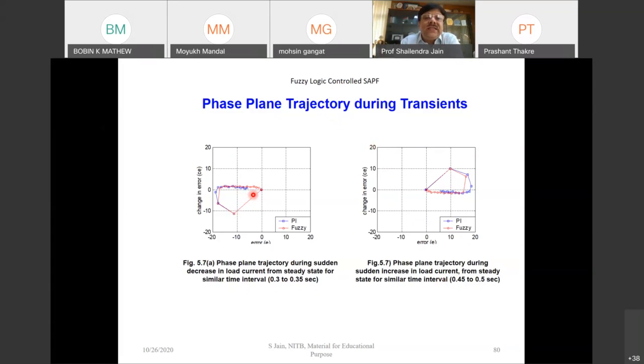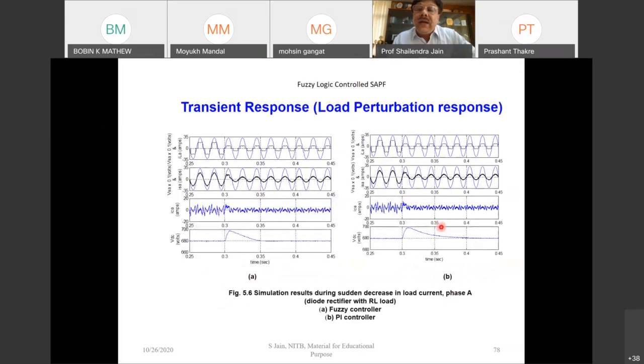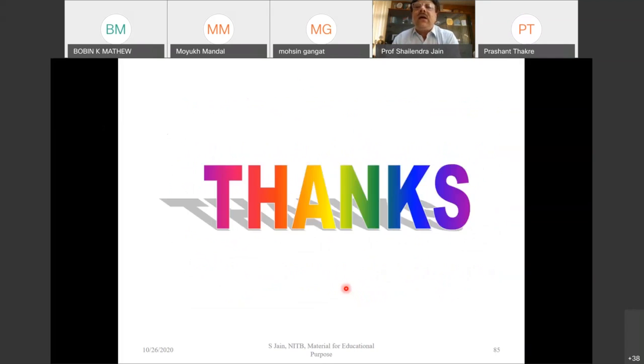In the phase plane trajectory, we are starting error from 0 and red is the fuzzy controller. So you can see that the blue is the PI controller. There is a finite steady state error with the PI controller, whereas in the fuzzy controller, the steady state error is also very less. Both these cases, this is for sudden decrease in load current, this is sudden increase in load. So for this particular case, we can say that both my overshoot is less and settling time is also better. So that is how we can say that